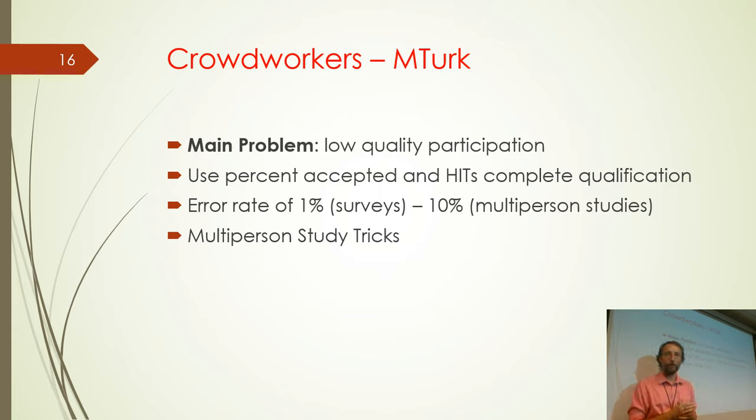And lastly, there are some tricks for doing multi-person studies. With Mechanical Turk and with Prolific and with Crowdflower, you can sort of launch the hits and people will come. That's not necessarily the case with multi-person studies. I mean, it is the case with multi-person studies, but what you need is a lot of people to show up all at once. And so what we typically do is we oversubscribe our groups. So if we have a group of 3 or a group of 5, or we need groups of 3 or groups of 5 or groups of 10,